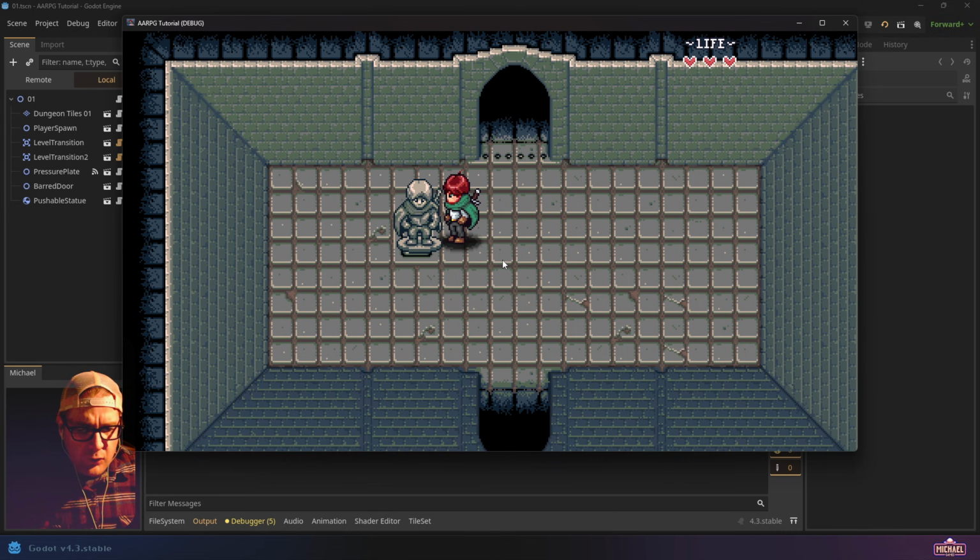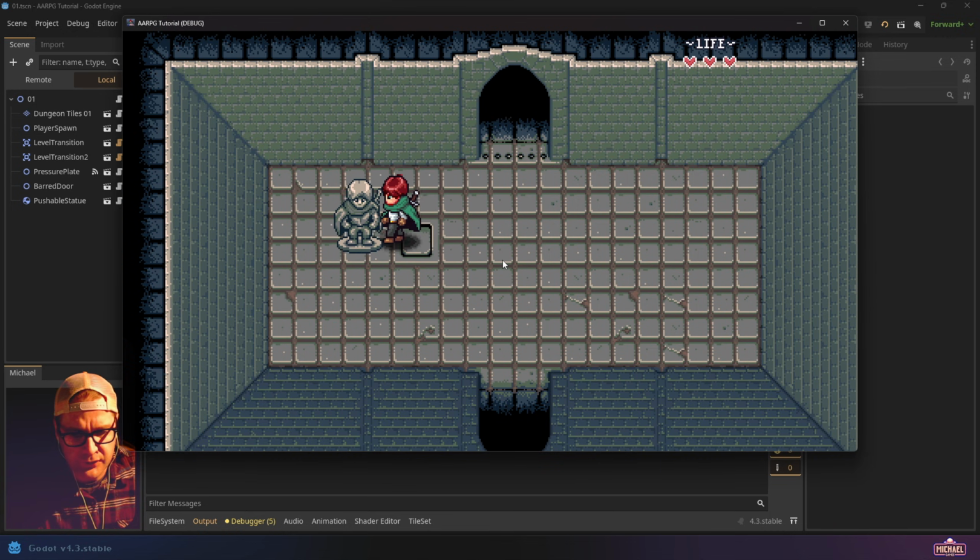In fact, I'm going to go with the simple route. We could always save the position of the statue, maybe per game session, maybe even save it in the save game, right? And I'm not going to do the full robust implementation, but I want to put a warning in here. For a simple game like this, if we save the location of this always, and let's say you push this into a corner,